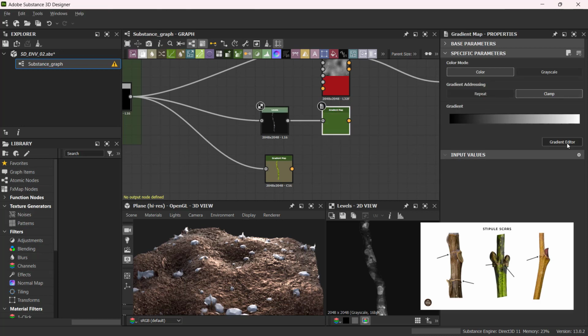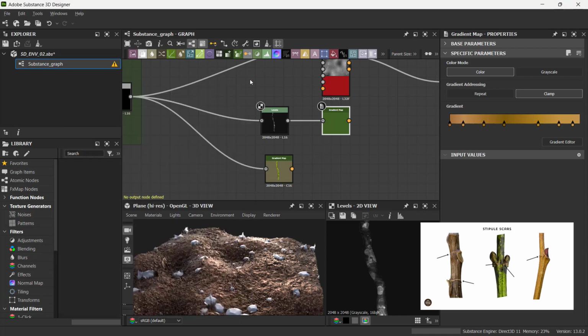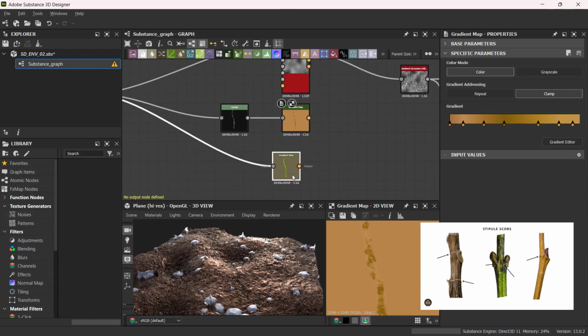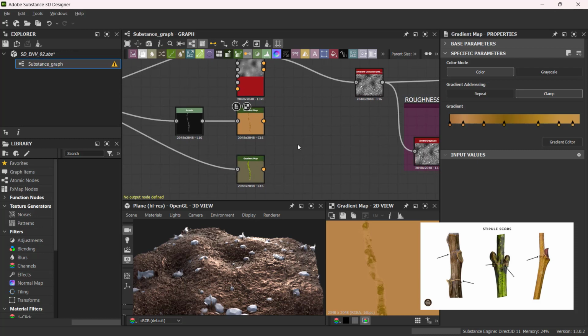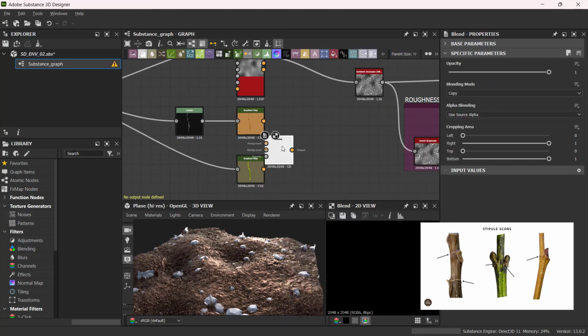and then again gradient editor. So let's say I'll pick a different color for this, and if I double click, there it is. So now if I would like to mix the two of these, I can go to my space bar and do a blend,